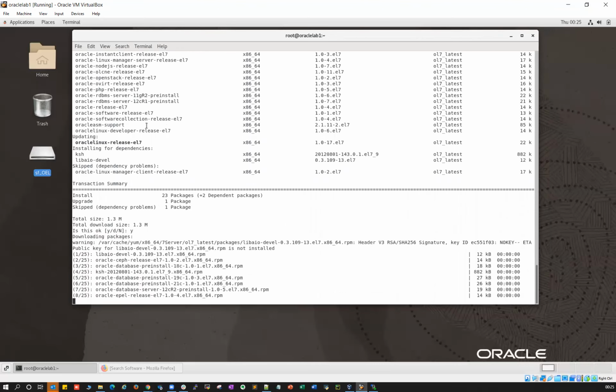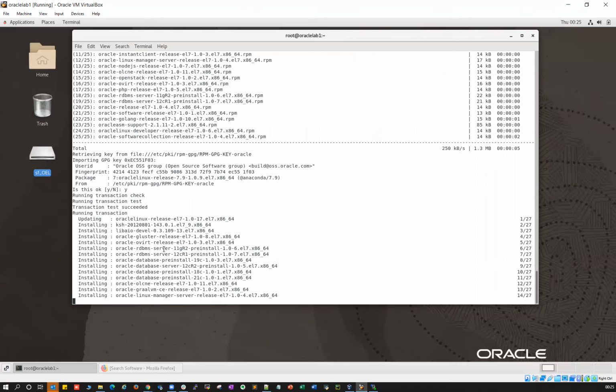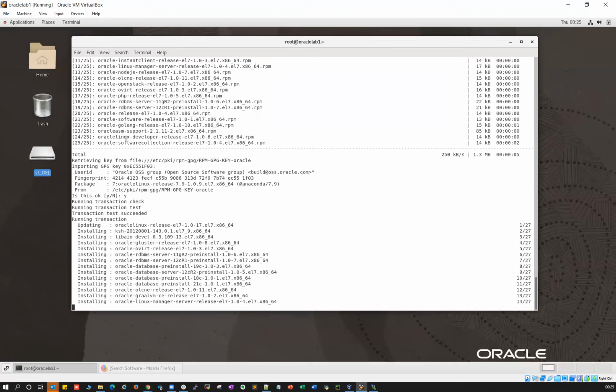Once it installs these RPMs, along with that, it's going to create your groups, create all the Oracle users, all the grub, sorry, all the kernel settings and all the security limits config parameters. It's going to set them by its own. So you don't need to set all those parameters. Right, so let's let it go on.